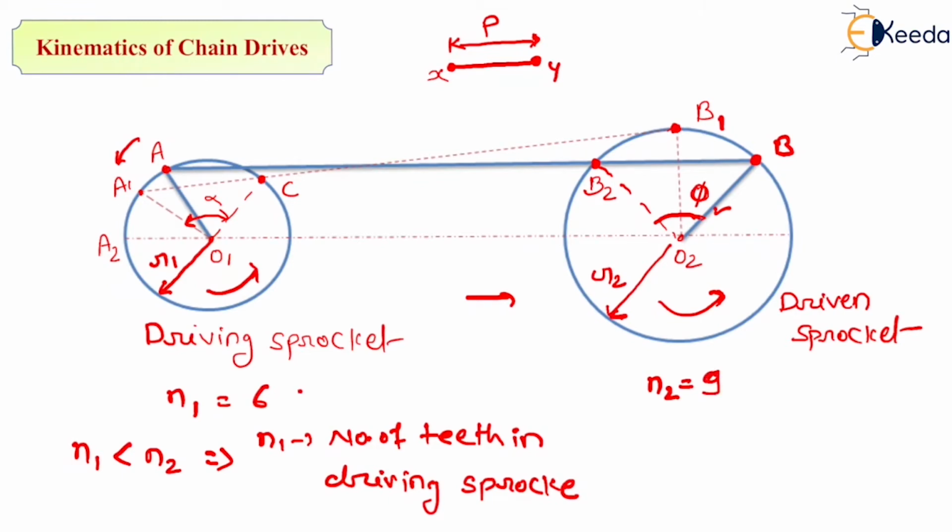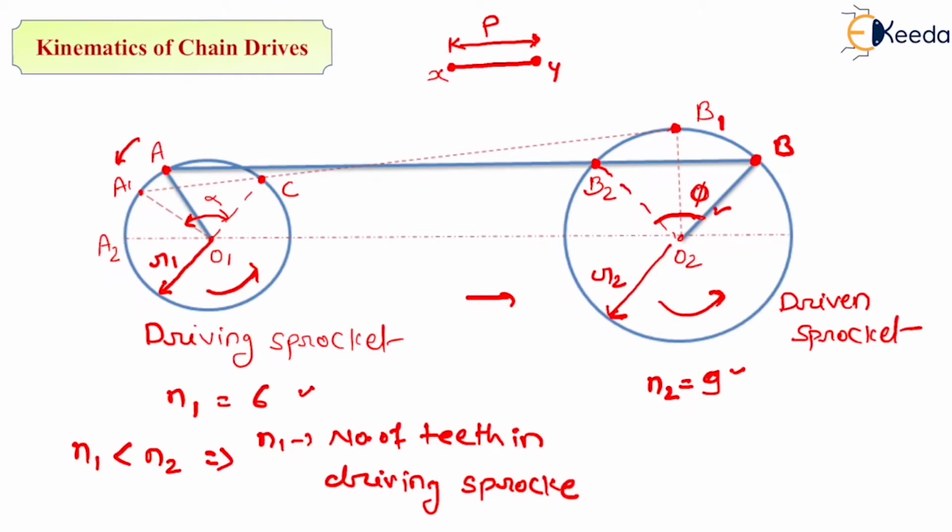So, here in this condition we are considering, these are not the exact number of teeth in the driving and driven sprocket. Now, let us consider the initial position of the link when the driving sprocket is not rotating. We are considering one reference point for the pitch of the link in the driving sprocket, it is point A. And in that condition, at the driven sprocket, the reference point we are considering as point B. So, this is the initial position at both sprockets, A and B.